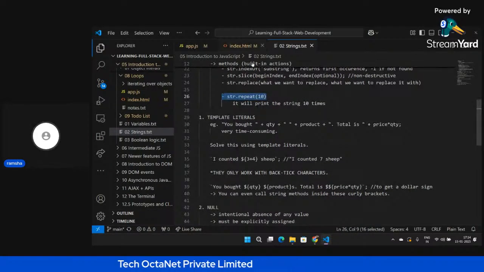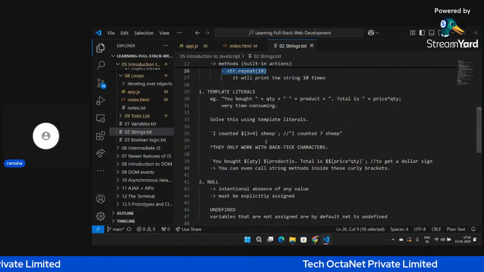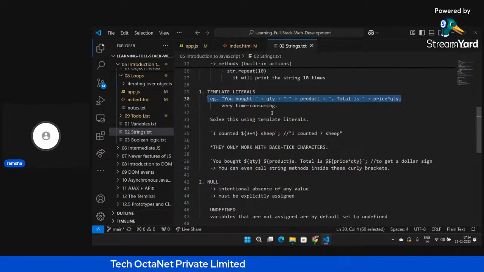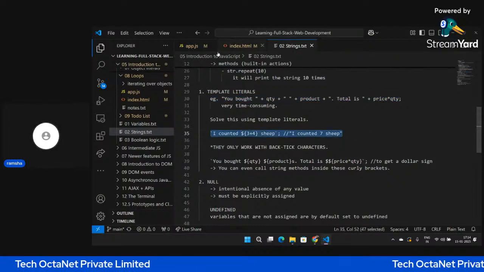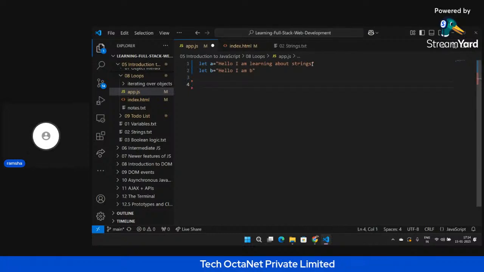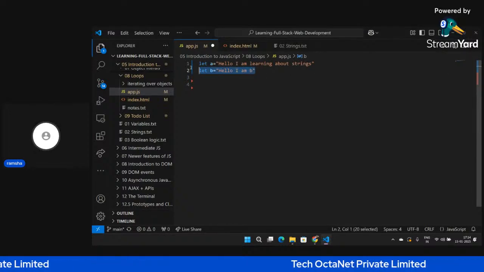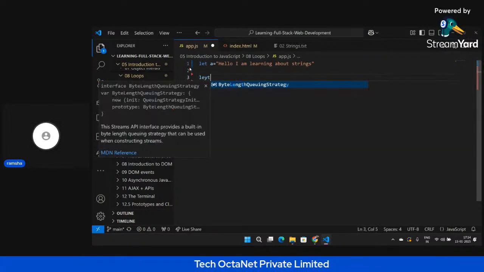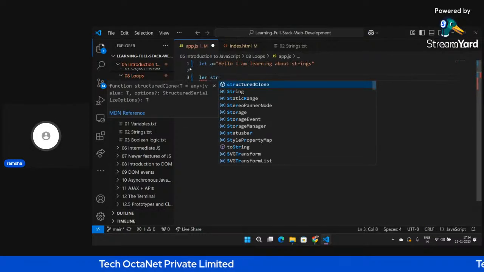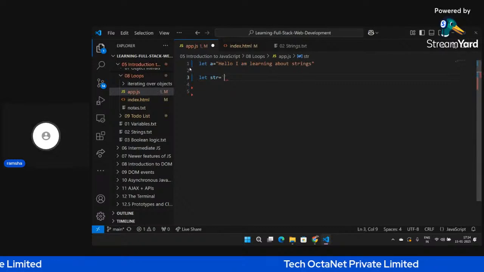Okay, now these are some template literals that we have. So for example, you want to use a variable in your string, so what you can do is simply write here, for example, I am learning about strings and I want to write one inside this particular string only. Okay, or let's say I have a new string, let str equal to, I will add this,